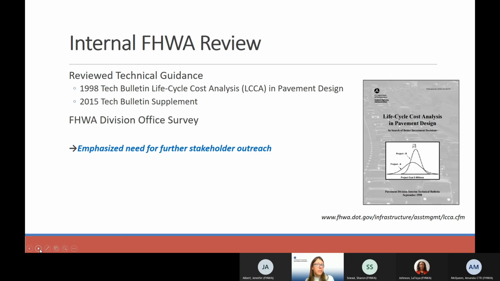We also conducted a division office survey and found that there was strong reason to do further stakeholder outreach, which is why we decided to host the industry listening session as well as the peer exchanges with the state DOT representatives as well as the division office representatives. Next slide, please.